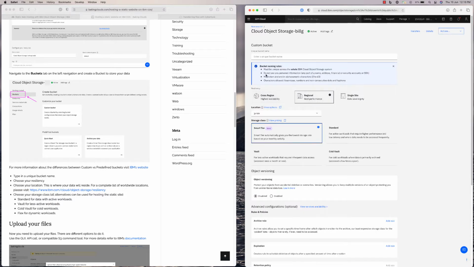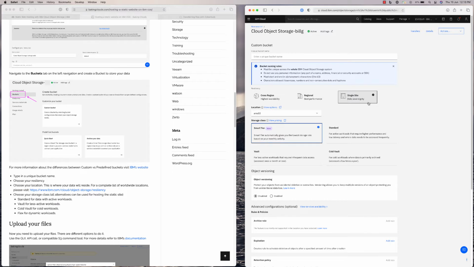And so as you see here, I get choices on where I want my bucket to reside. If it's cross region, the data would be replicated across, say, Washington, DC and Dallas, Texas, as an example, which is very high availability, very good for disaster recovery. In this case, I'm right now in Singapore, so I'm going to choose single site data center, and I'm going to give my bucket a name, and this needs to be unique across